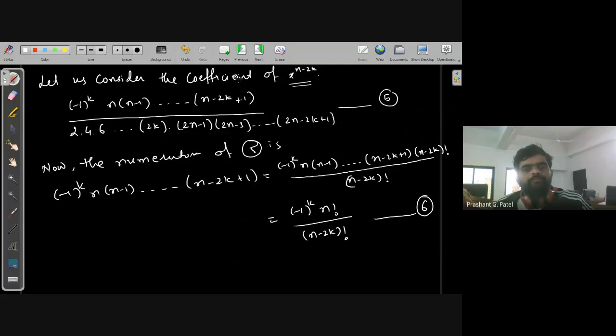That is this. So numerator is this, minus 1 raised to n factorial